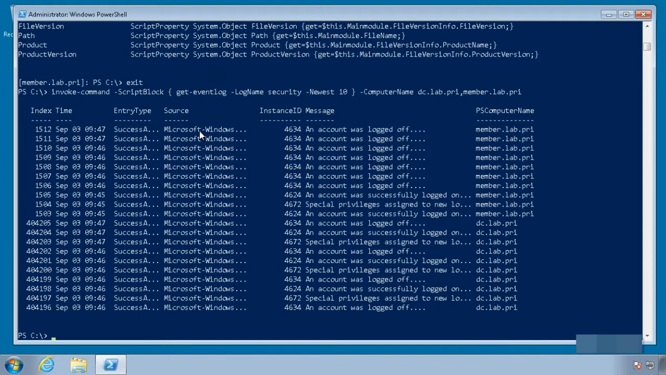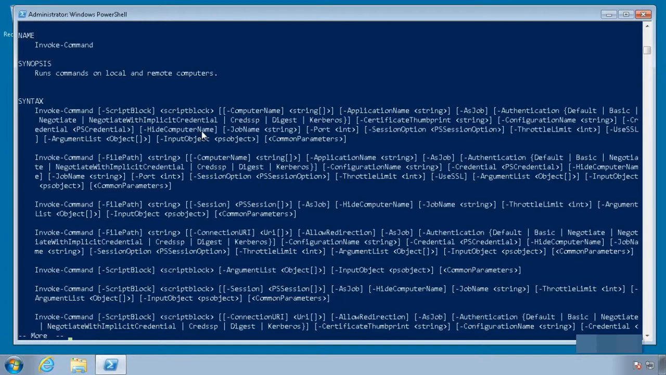Now, let's take a look at the help for this. There's a lot of different versions of this. I specified a script block. You could also give it the path to a local file. PowerShell will read that off of your computer and transmit the contents to whatever computers you specify. Now, if you need to connect to something other than the default PowerShell endpoint, you can specify that. You can specify an alternate port, so if you need to use something other than your client configured default,